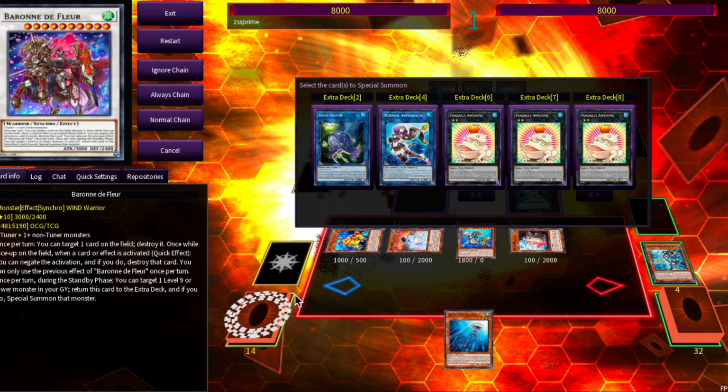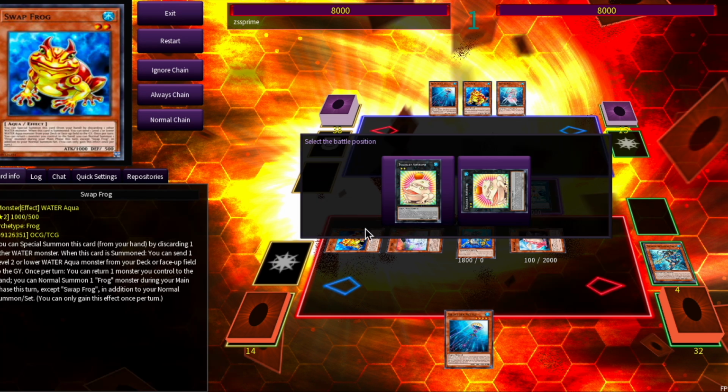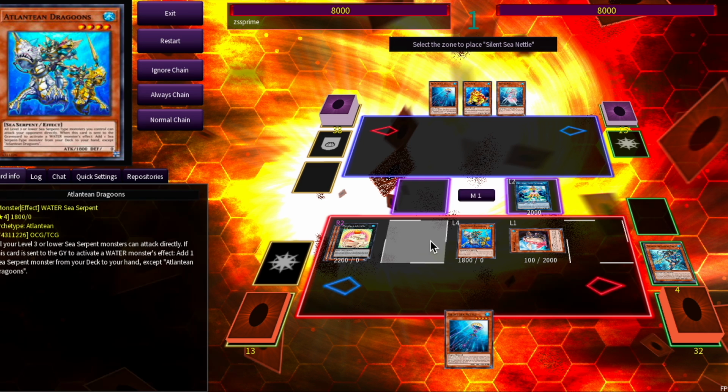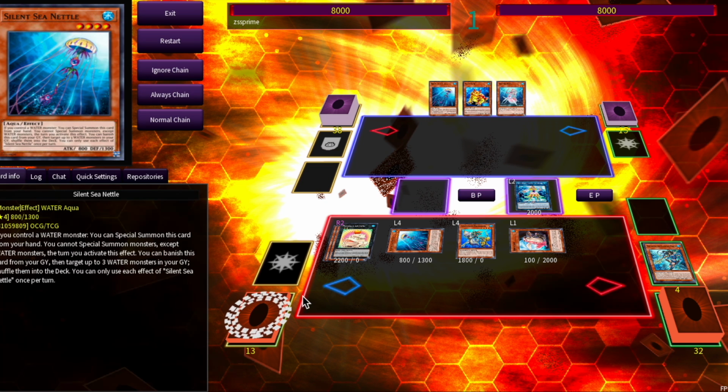Then we'll make our first totally awesome to clear up some space here. Not that we need it, just to be able to see our monster zones a bit more clearly and put things more strategically based on our hand, of course. Right here it doesn't matter. So we'll special summon our Silencing Nettle,